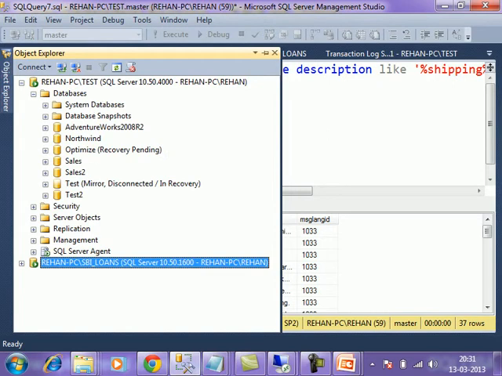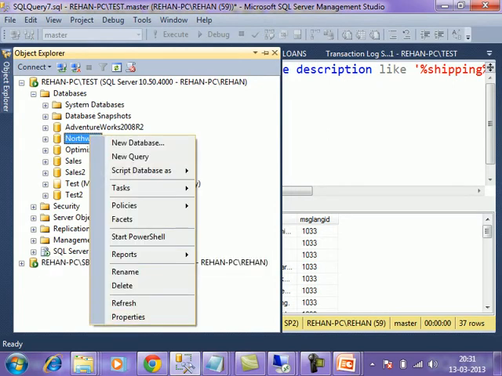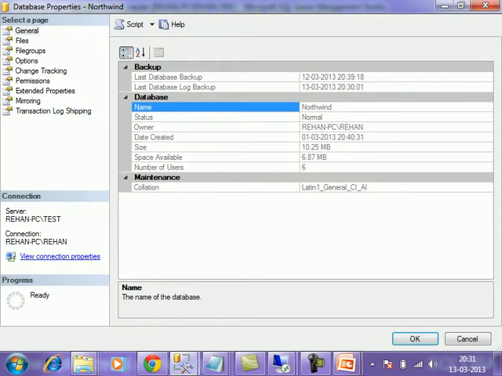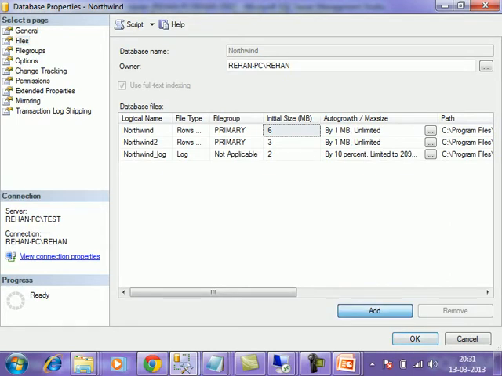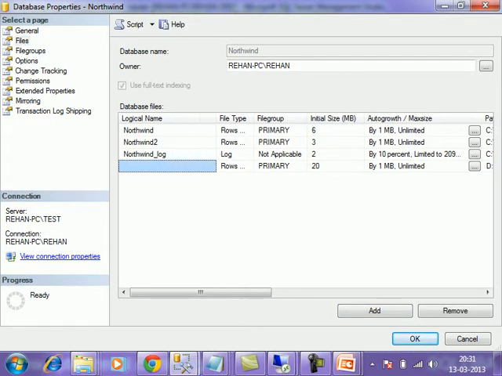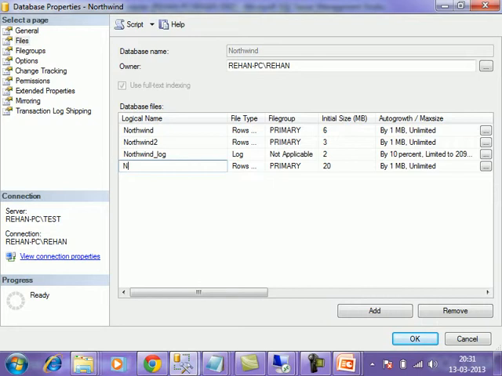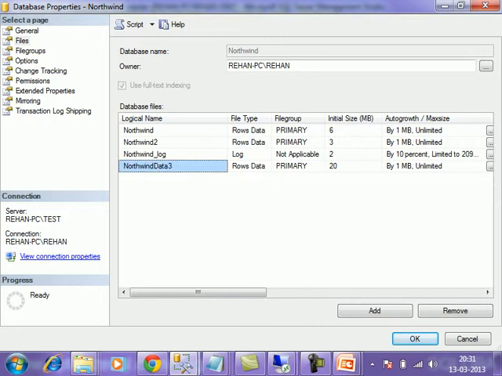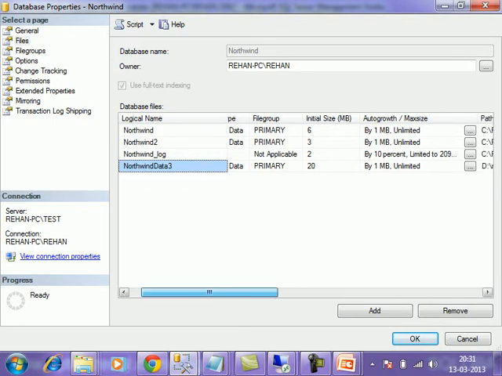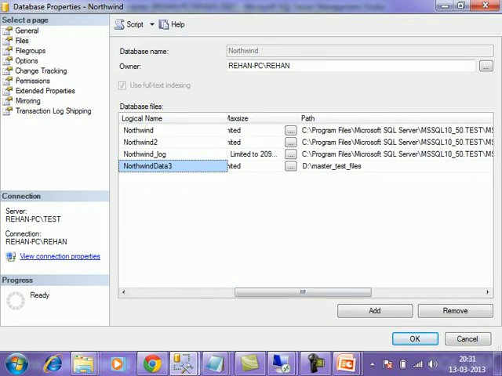Now observe, because the files are getting full, I am adding 1 extra file in the primary server database. See Northwind data 3, an MD data file in the same file group, but this file I am adding in which path?